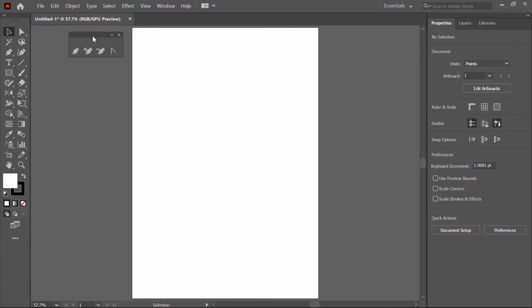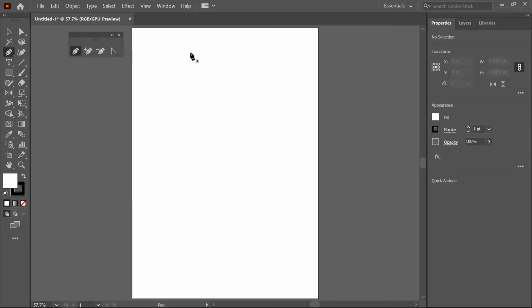By using the pen tool you can create a path. So first I click on this tool to activate it and then click on the artboard. A point is created with the pen tool. When I move the mouse, the tool is still connected with the point. When I click the next time, a point is created with the line. When I click again, the line is extended.